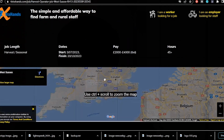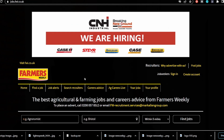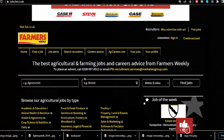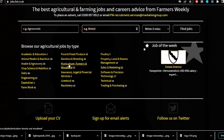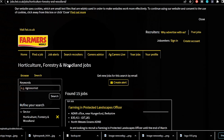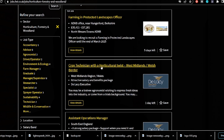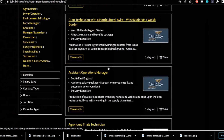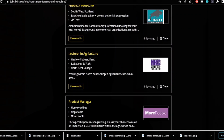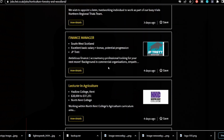And aside from this website, we also come to this website, which actually connects different farmers. So this is Farmers Weekly. If you come here, you will see browse agricultural jobs by type: food and fresh produce, horticulture, forestry and woodland. If we click on this, we see different types of jobs: farming in protected landscape officers, crop technician with horticulture twist. But some of these jobs may not be